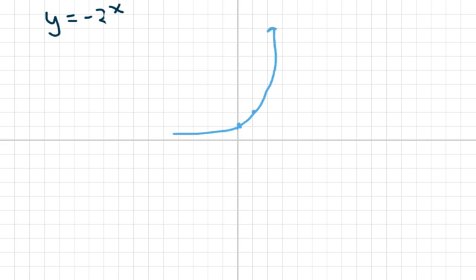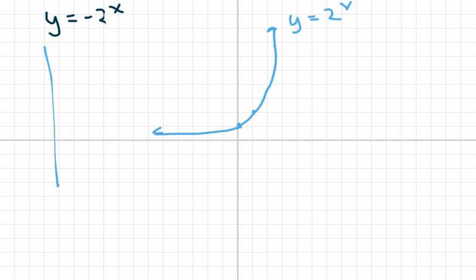Right? Something like that. That's y equals 2 to the x. The -2x basically is going to be a reflection over the x-axis. So you reflect it, we're going to get,